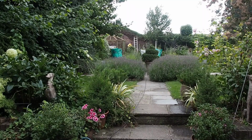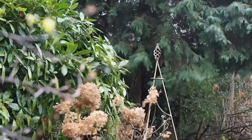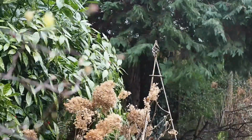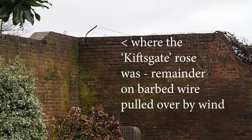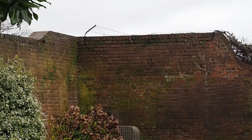I talked about this in, I think, the October garden tour. We had a Kiftsgate rose that had grown right over a pergola and over the wall and over the alleyway, and it had just gone for miles, and it was beautiful when it was in flower. But there was such a lot of it that I thought we really had to cut it back. And I have to say, I am so pleased we did, because if that volume of Kiftsgate rose had got Storm Dennis under it, I think we would be looking at a tumble down wall now, as opposed to just a bit of barbed wire which has got pushed over by the wind and by the weight of the rose